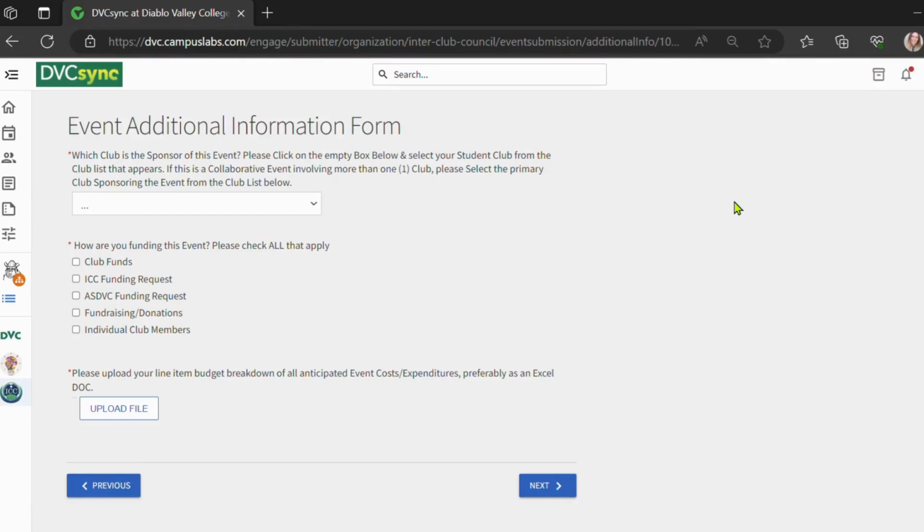Lastly, you'll need to indicate who is sponsoring the event and what funds are being used or requested. If your club has an account with funds in it already and you plan to use club funds, select your club name from the event sponsor drop-down menu. If not, and you plan to ask ICC for funding, select ICC from the drop-down menu and check the ICC funding request box. You will then need to upload your event budget itemized spreadsheet regardless of where the funds are